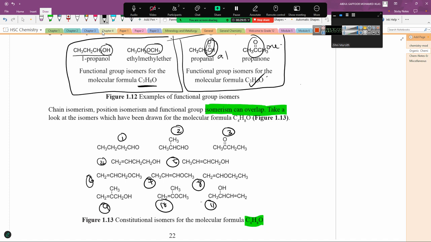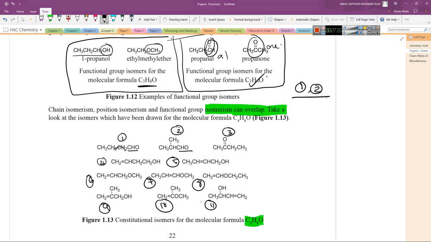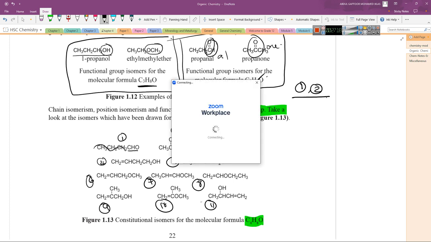Between 1 and 2. Right. So here I will do this for you now. So CHO. There are no functional group isomers, right? Functional group isomers are not there. But the carbon chain is different. The carbon chain